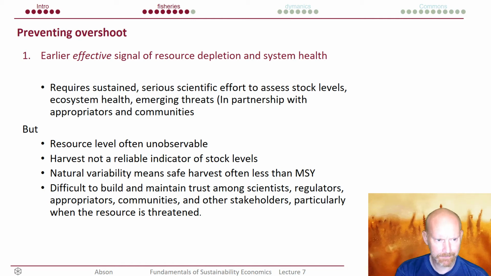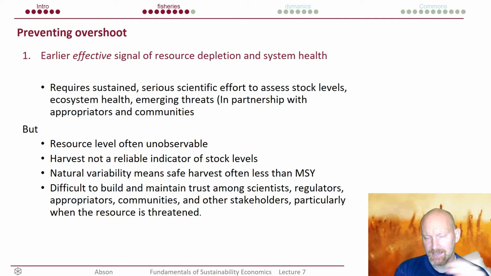The reason you need to do it in partnership with these people is that if you want to change people's behaviours, then you need to have some kind of agreement. So often what we'll see, not just in open ocean fisheries, but in other natural resource management systems, is you have the scientists on one side saying stop fishing, and the communities that appropriate those fishing resources, so the fishing companies and the individual fishers, saying you're trying to destroy our livelihood. So there's a tension between the two. So you need some kind of transdisciplinary generation of knowledge in order that there's a shared understanding of what the problems are and how to deal with them.